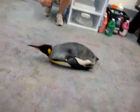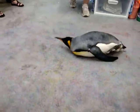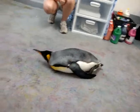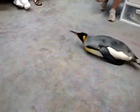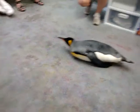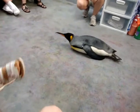These guys can also dive down to depths of about 1,000 feet to catch their fish. They don't usually need to, but they can if they need to. And then they can hold their breath for about 15 minutes as well. So they can stay underwater, big stretch, oh my goodness, for a really long time. Is that comfortable? And you don't see these